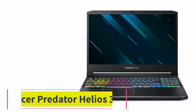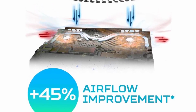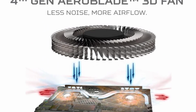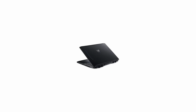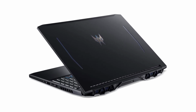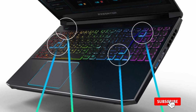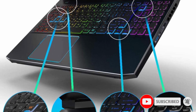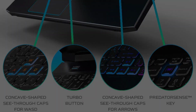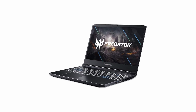The screen is Full HD 15.6 inches, with LED backlit IPS technology offering 1920 by 1080 pixels. It has Intel i7-10750H clocked at 2.8 GHz, which can be expanded to a maximum of 3.8 GHz. Its RAM is 16 GB DDR4/2400. This NVIDIA GeForce RTX 2060 is paired with a 6GB graphics card with 6GB dedicated GDDR5 VRAM, and the